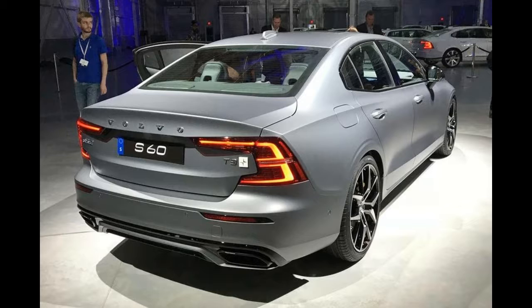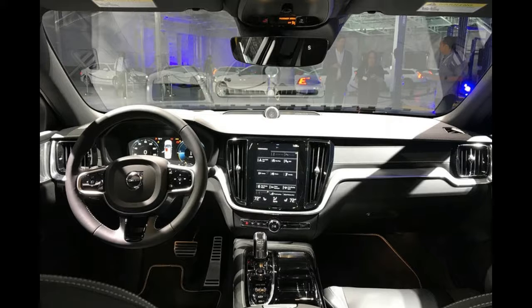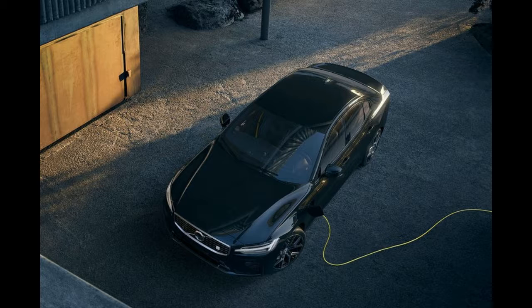The T8 twin motor will also be offered with a Polestar-engineered performance upgrade, developed by Volvo's new performance sub-brand. That upgrade includes revamped wheels, brakes, suspension and a tweaked engine ECU which boosts combined power to 409 bhp,